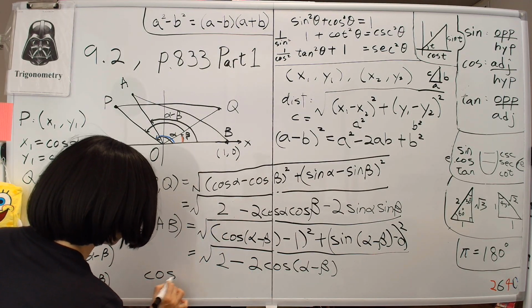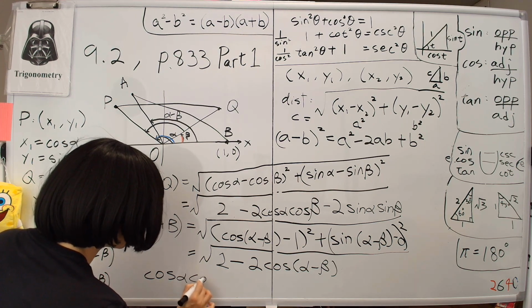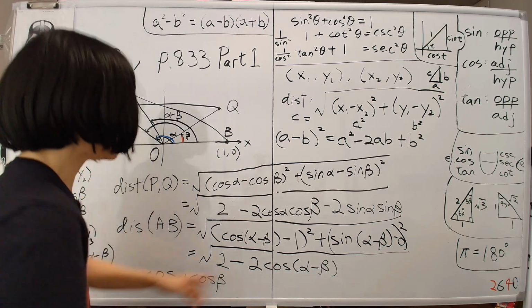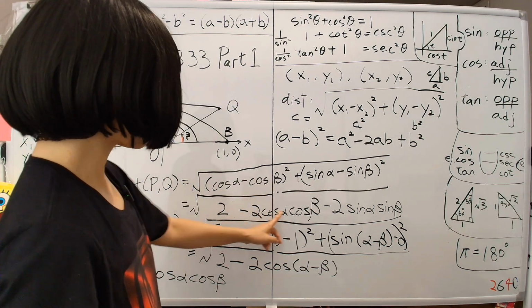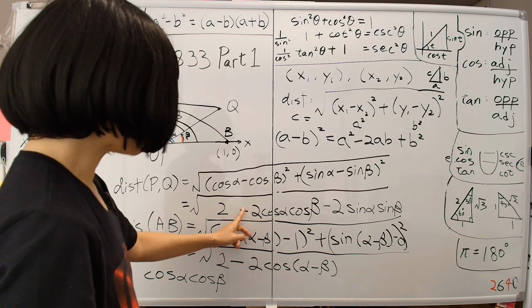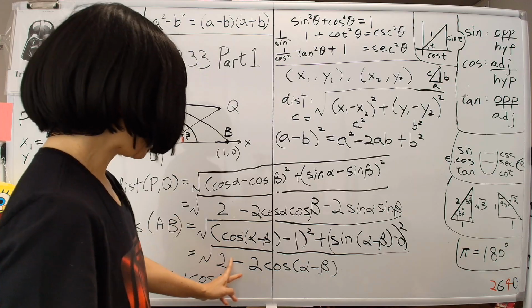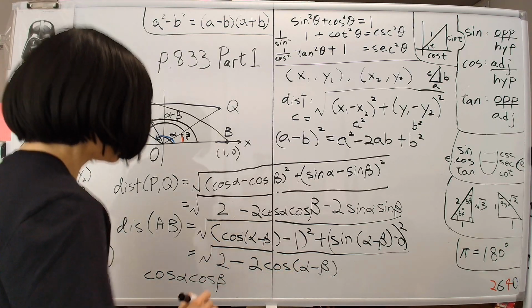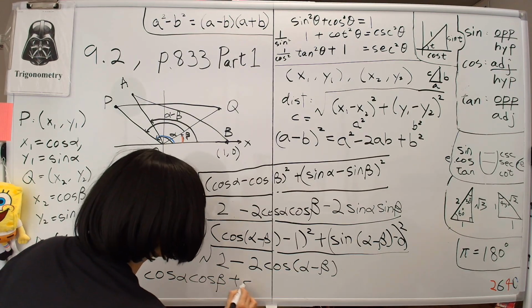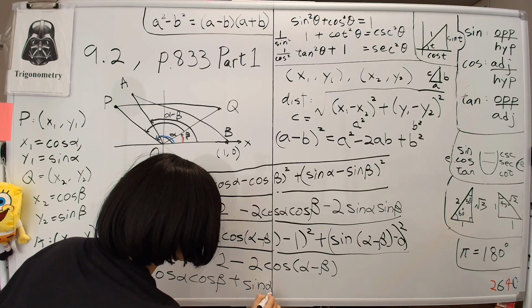So I'll write it down here. Cosine alpha, cosine beta. Remember, all the minus 2's get canceled out when you write down this is one side of the equation and this is the other side of the equation. So it becomes a plus sine alpha sine beta,